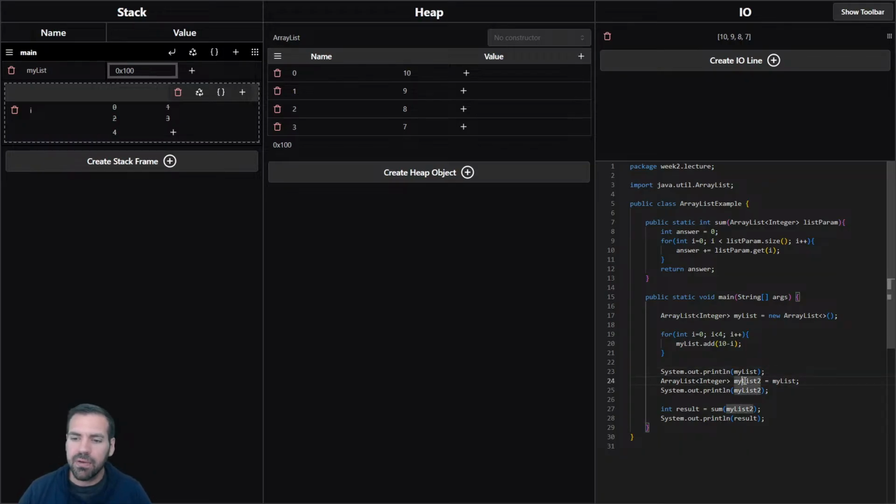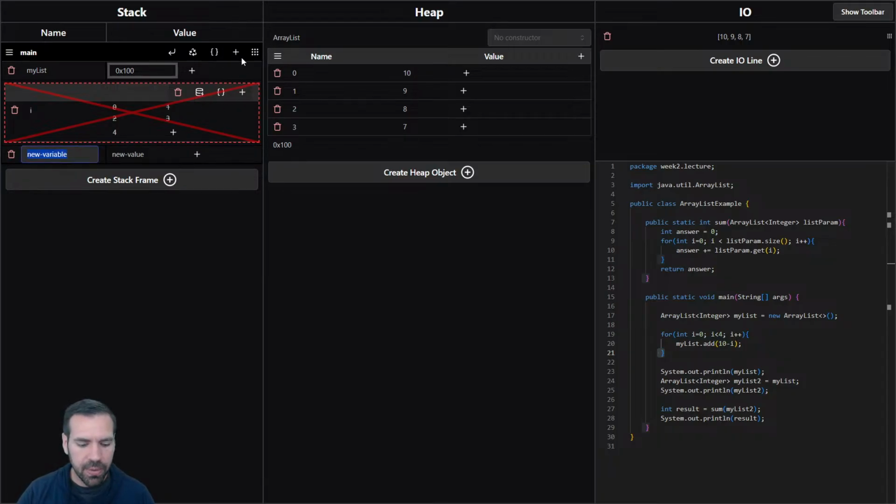Then we're creating another variable, myList2. Oh, we hit the end of the for, so this is crossed out. i no longer exists at all. Creating a new variable, myList2. And now we have a question. What happens right here? myList2 equals myList. So if you're not thinking about it too well,